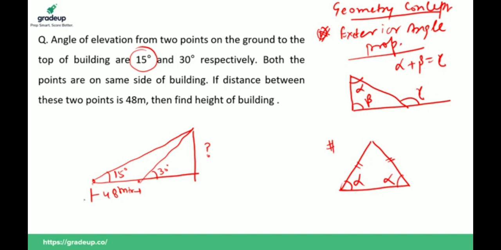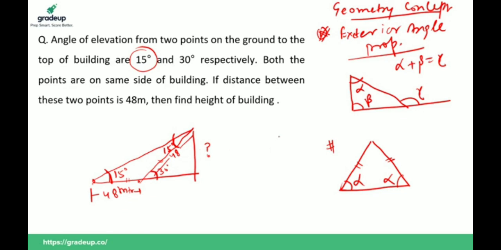All right, guys. Now, please listen. In this triangle, we apply the exterior angle property. As you already know, sum of this and this will always be equal to the exterior angle. So if this is 15, then this will also be 15. And you already know the opposite sides to the equal angles are equal. So we have these two equal angles, then opposite side of this is this and opposite side of this is this. If this is 48, then this will definitely be 48 meter.